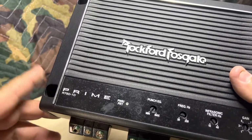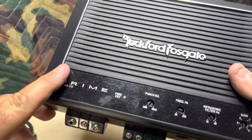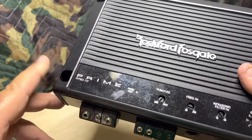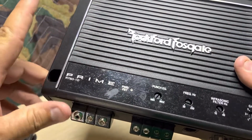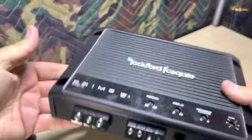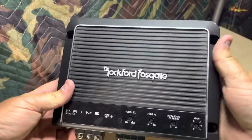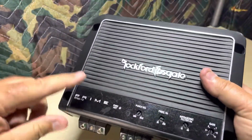But this amp is rated 250 watts at 4 ohms, 500 watts at 2 ohms, and 750 watts at 1 ohm. Make sure you check out my videos, the 2 ohm run and the 1 ohm run. These are nice amps though, and I'll say this, I don't think there's any power difference between this version and the R2s. I think they have the same internals, they just look a little different, and they got a clip